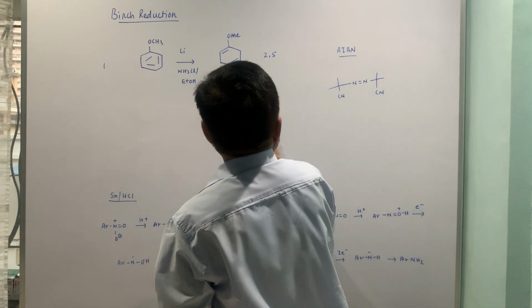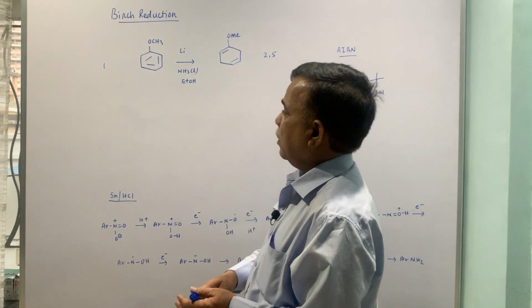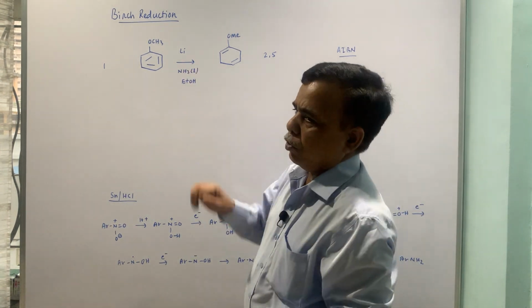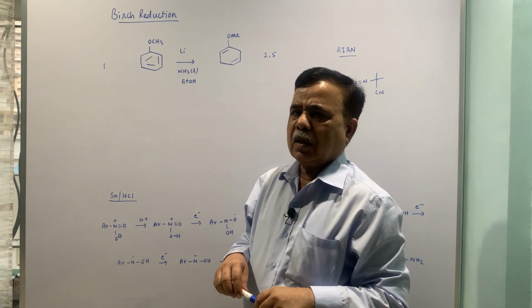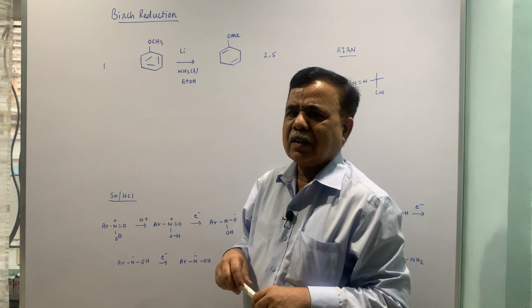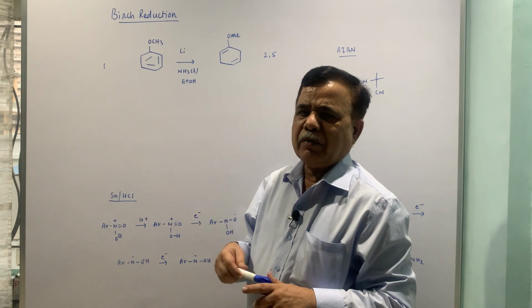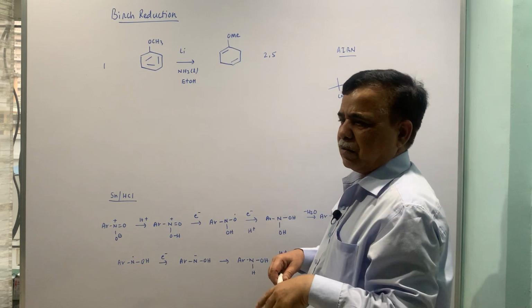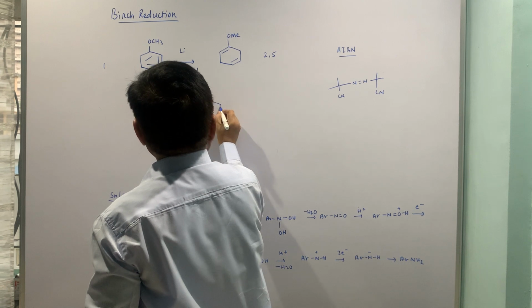So let us write down the mechanism for this transformation. The role of lithium is to give away an electron, and we know that the group 1 series has very low oxidation potential. It can give away one electron and attain the noble gas configuration. So lithium falls in that. So if lithium gives one electron,